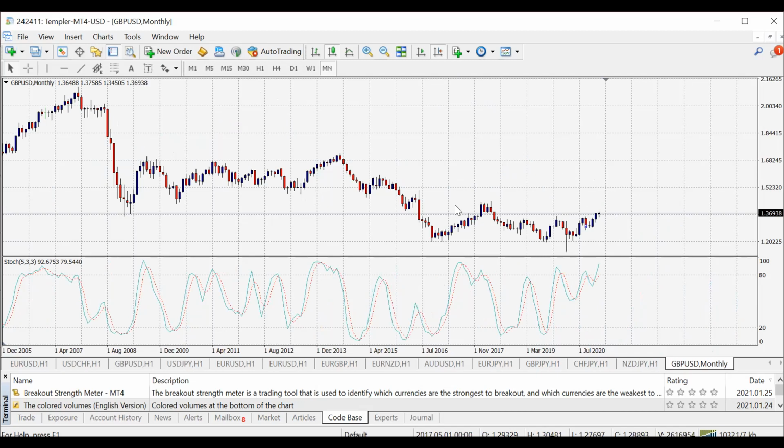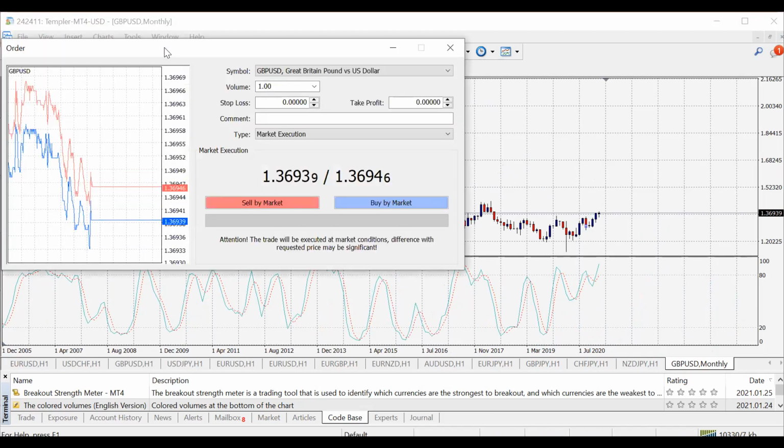So up to this point, I believe you guys are able to trade. You are able to know the charts. Just so I can show you how to execute a trade. Let's say we gave a signal in our group, and you can always see buy GBP USD. So sell by market, buy by market. If you want to buy, it's the blue part. If you want to sell, it's the red part. So this is where the position,